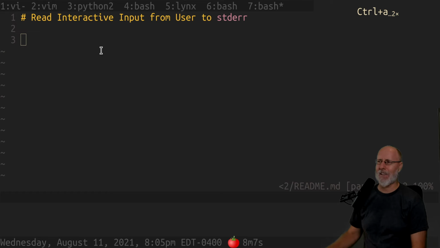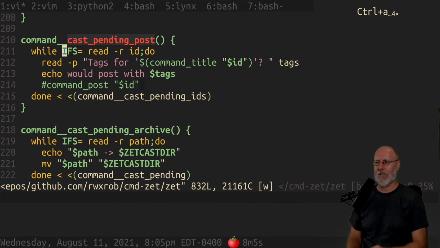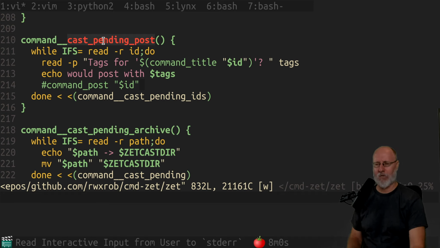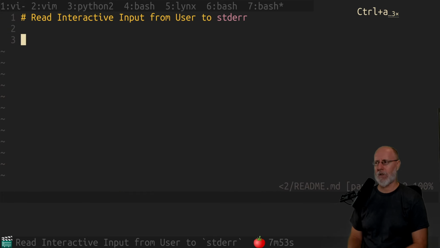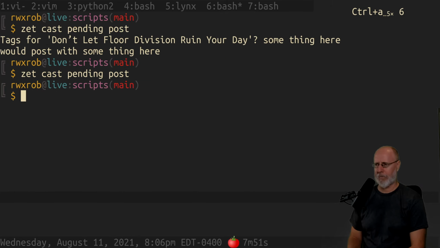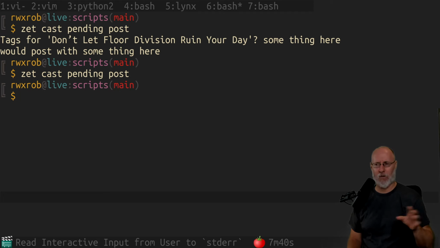Here's an actual situation I just hit, which is the benefit of Zettelkasten. I can show you what I actually hit as a problem. I have this command called zetcast pending post, and I don't need to tell you everything about it, but it takes the video that I just made that goes with my Zettelkasten Zettel, the description, the words and stuff. And it takes anything that's in my pending